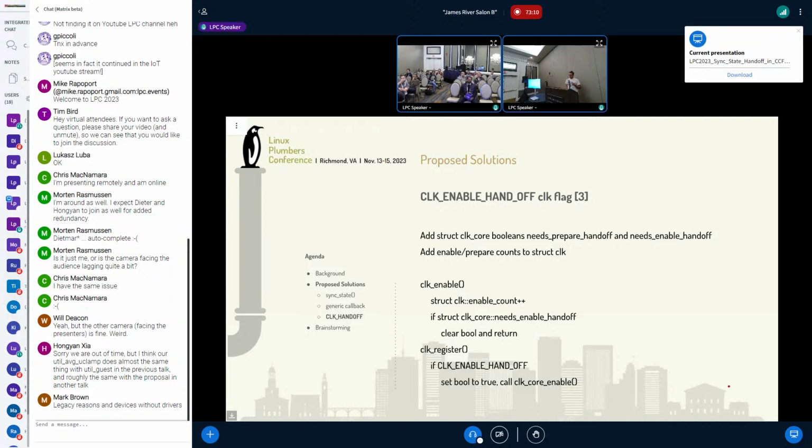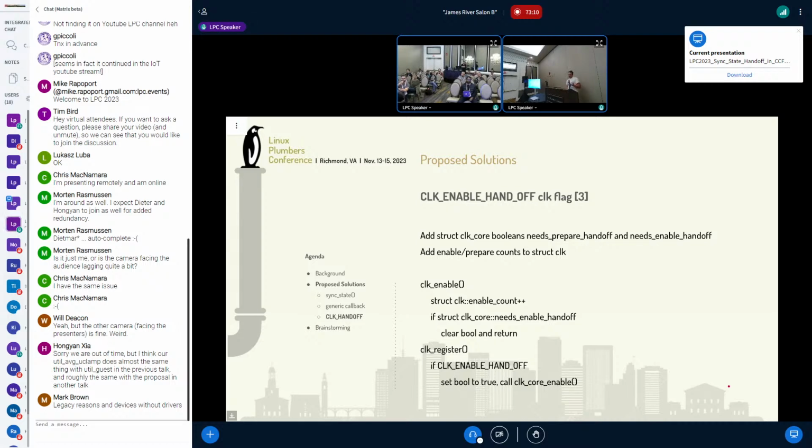When this clock is registered, if I've set a specific clock flag in my driver, it says to turn this clock on when you register it, but don't actually touch the hardware. We just increment the enable count in software, and then clear that flag so that the next enable doesn't matter.